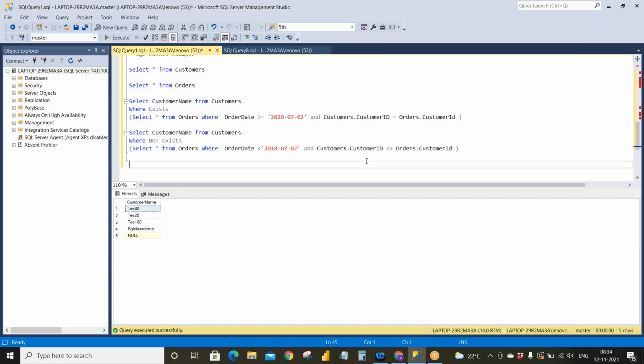So this is what the problem is with the not exist. So ideally what should happen if this condition is false, right? If this condition is false, we need to get the data. That is fine. But we also need to tell the system that our customer ID in this particular table should be equals to customer ID in the orders table.